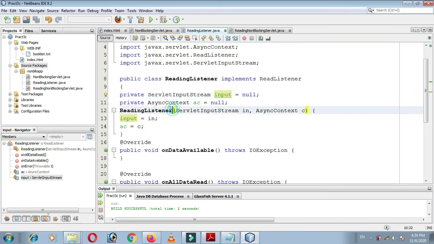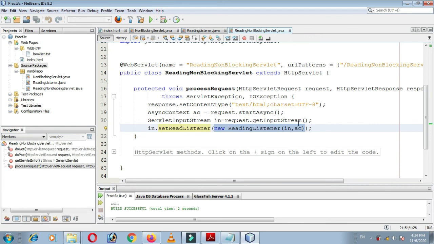And here is the constructor of this class ReadingListener, which takes two parameters, ServletInputStream in and AsyncContext AC. So in the previous file, that is reading non-blocking servlet, we have already called this constructor, new ReadingListener. The parameters are in and AC. So we have already created here in and already created here AC.